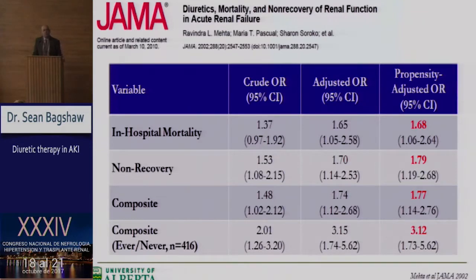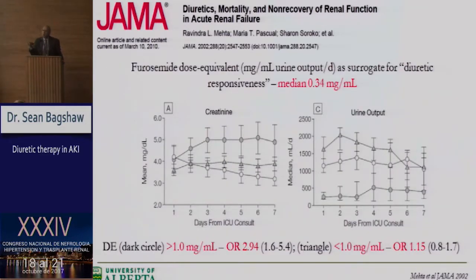And they did a further sensitivity analysis to say, look, if you looked at anybody who'd ever received a diuretic versus anybody who had never received a diuretic, it seemed to exaggerate that effect estimate, almost a threefold higher risk. However, it's important that you look at this study carefully and try to understand where did they derive this apparent increased hazard for mortality. And these are a couple of the figures in the paper that looks at furosemide dose